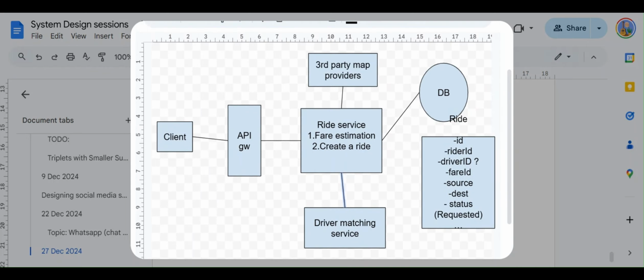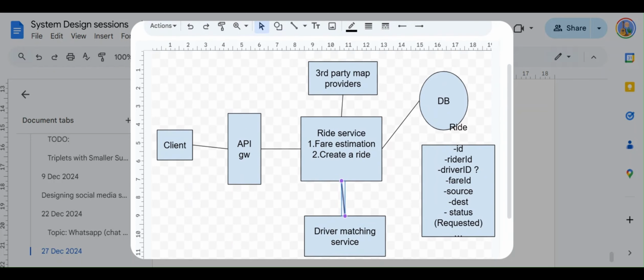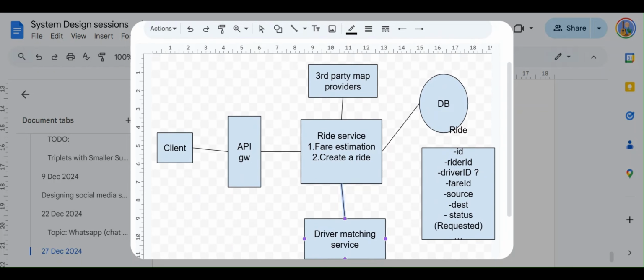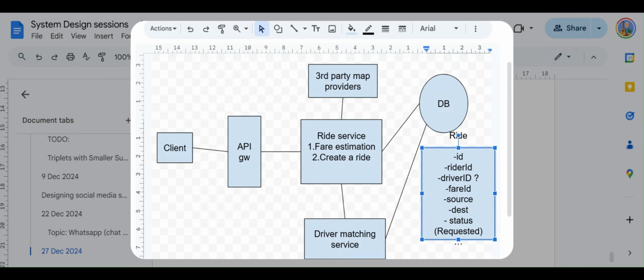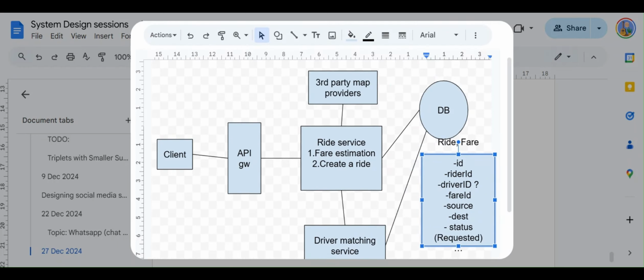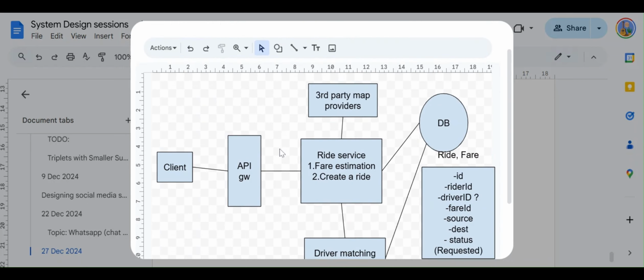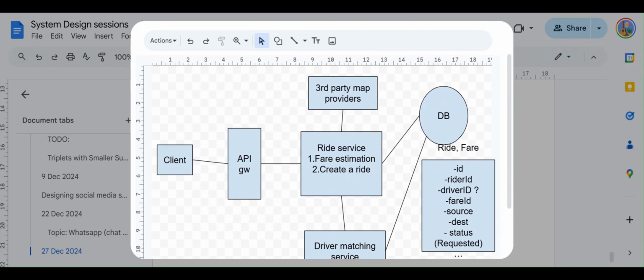And when we talk about the ride matching service, for now, let's assume that we have everything as part of the same database. So this one DB is where we are storing everything. We have already stored a bunch of metadata in this, right? So we have stored a ride entity. Then we also stored the fare entity. Fare, we already talked about the fare object, right? Then we can also look at a driver entity that we talked about initially. So ride, fare, rider, and driver. These are the four entities that we talked about, right?